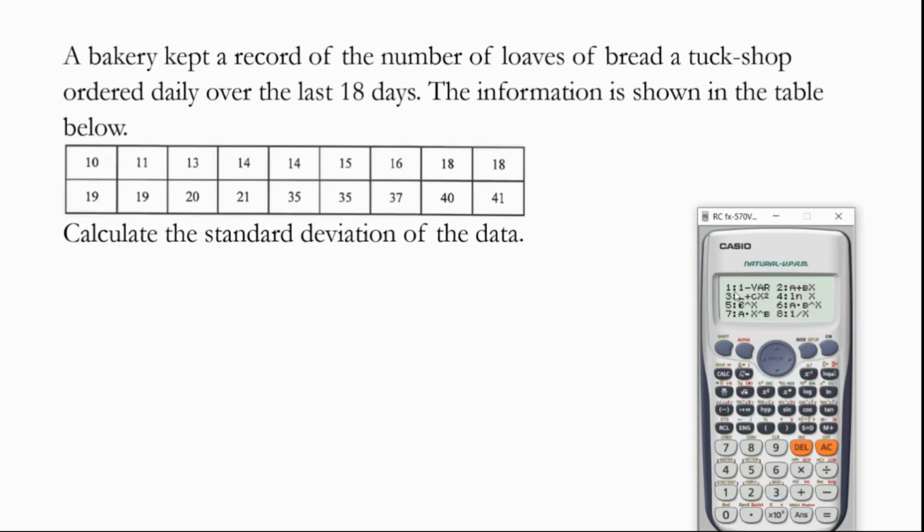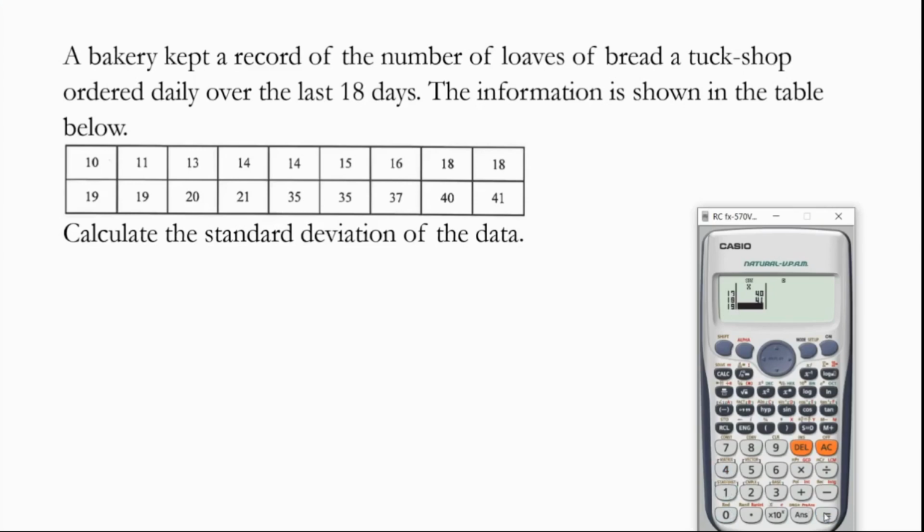And then we select option 1 there, which says 1-VAR. Okay, 1-variable there. So we select that, and then we enter our data items. First one is 10, whichever way you enter them, but make sure that you enter all the values. Then equals, 11 equals, 13 equals, it goes on like that. Okay, up to the last ones, 40 equals, then 41